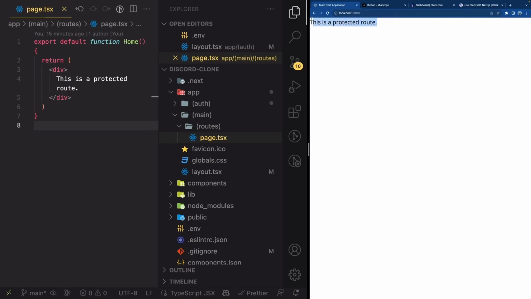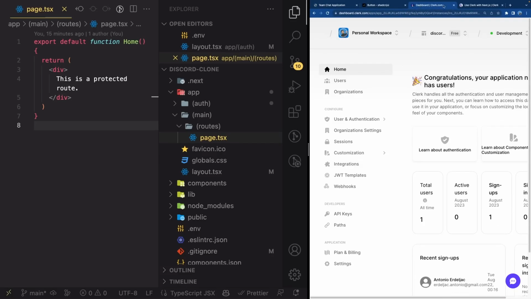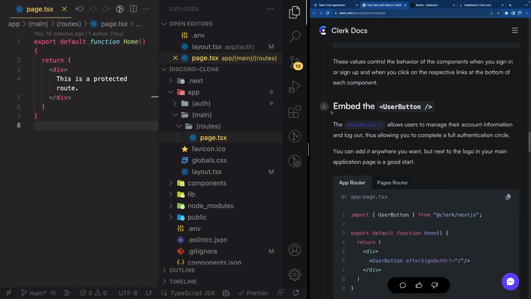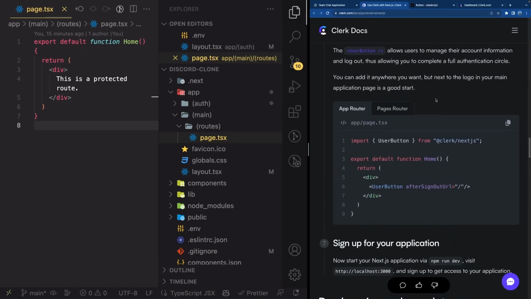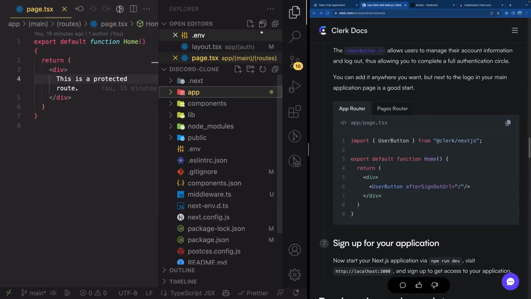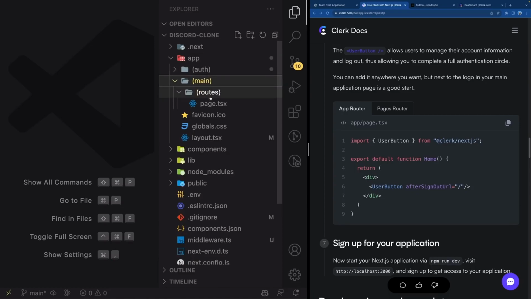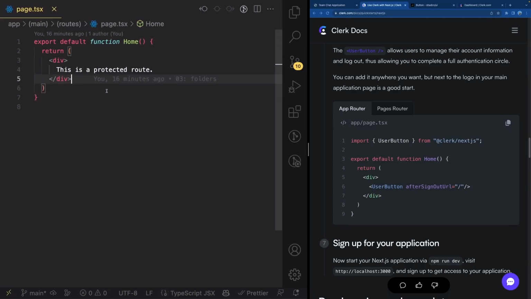And now I need to add something to log out, right? So what we can do is use this very cool component that Clerk has, which is in step 6 in the documentation, called UserButton right here. Again, make sure you pre-selected the app router, and let's go inside. I'm just going to close everything and go back inside of your app folder, main routes page.tsx right here. And instead of saying this is a protected route, you can remove that, and instead let's add the UserButton from